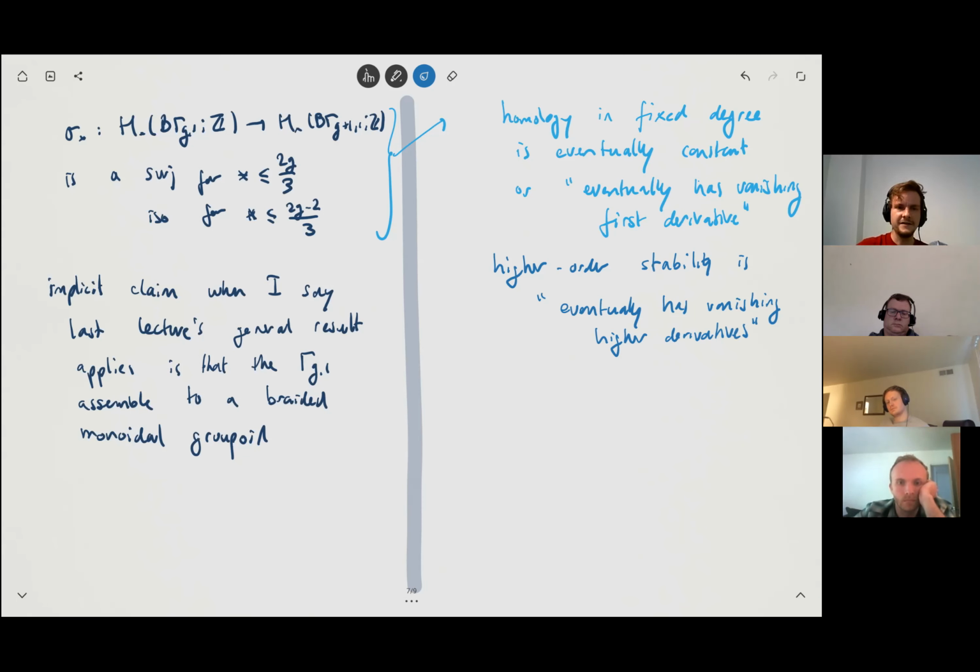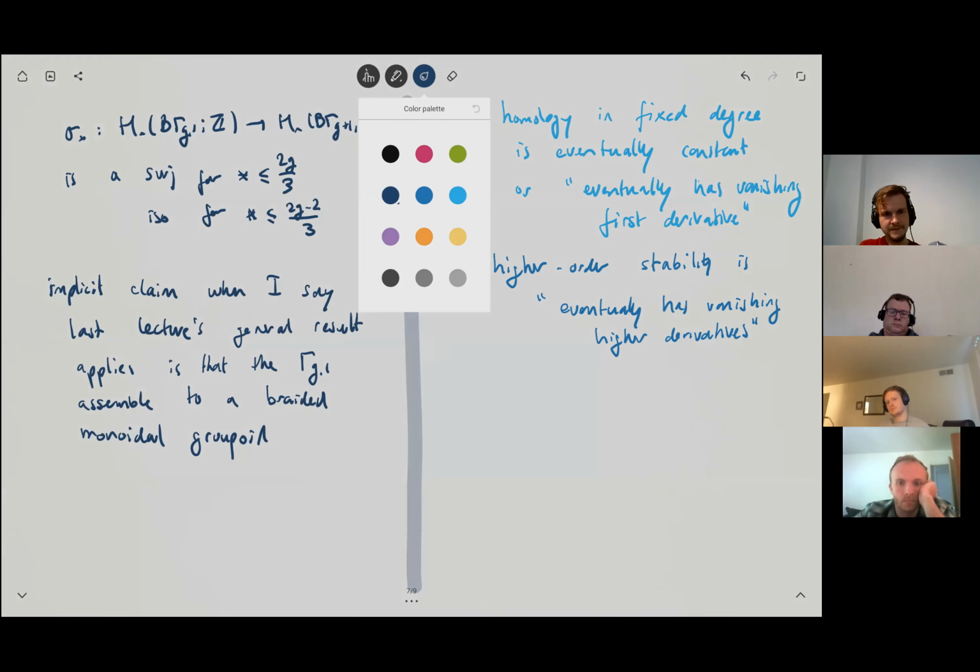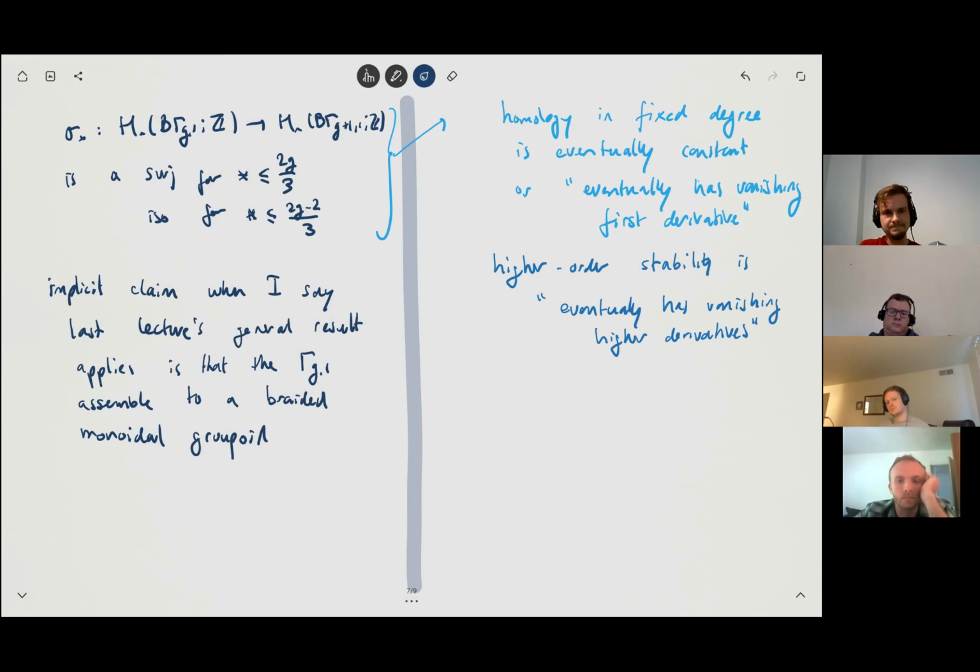Okay, that's maybe a vague analogy of the type of phenomena I want to talk about. So let's make this into a precise statement. What might play the role of the first derivative of the homology? Well, I think it should probably be the relative homology groups of the stabilization maps. Right? By the long exact sequence